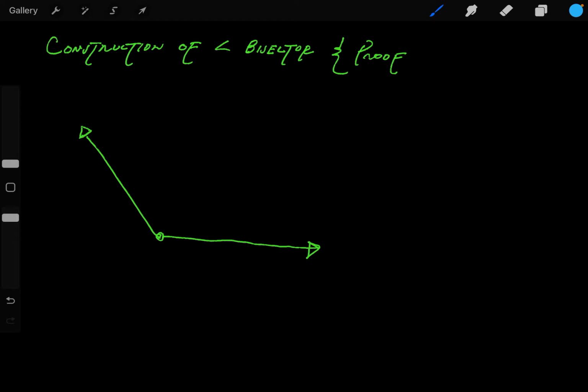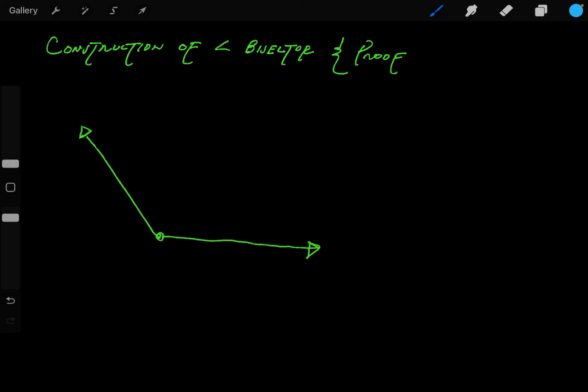Okay, so what I'm gonna do is I'm gonna show construction of an angle bisector and the proof that what we constructed is an actual angle bisector. So the first thing you want to do is you're gonna start off with some angle. This is the given angle, this green angle here, and what you need to do is construct the angle bisector